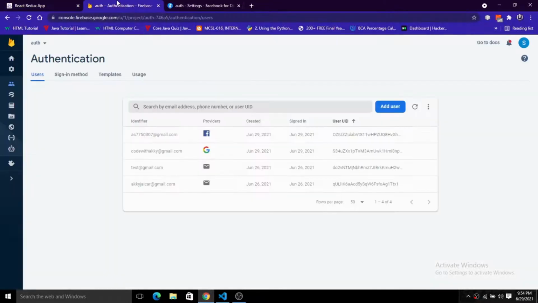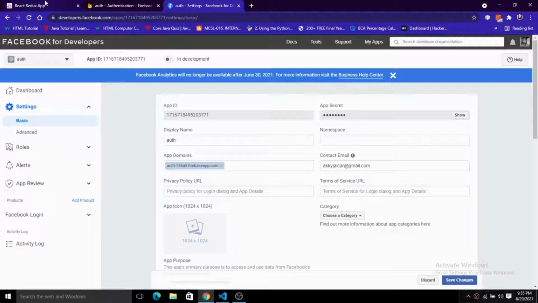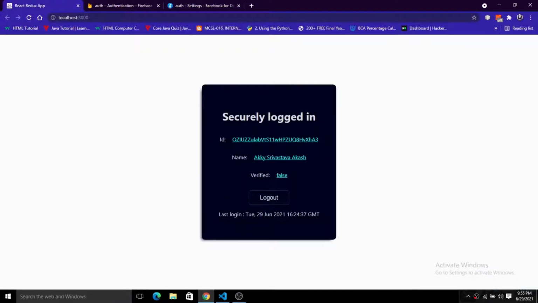If you look here, you can see we have a Facebook provider that is created, the signed-in date and the user ID of that. You can also see the last signing status here, and this is the Greenwich time that we have here.